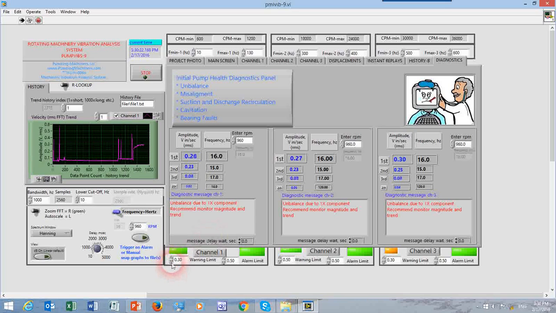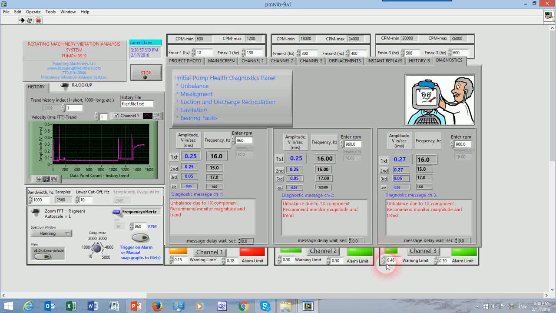But let's see if we change the warning. Now I made it 0.15, so warning is on. And if alarm is at, let's say, 0.19, 0.18. Now the first channel is in alarm if we change, obviously, warning and alarm values. Channels 2 and 3 do not show warning and alarm because of the limits. Here I increased the limit for the alarm on channel number 3, and now channel 3 is not in alarm